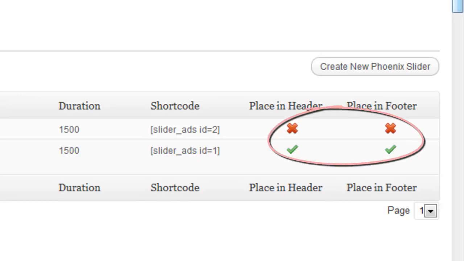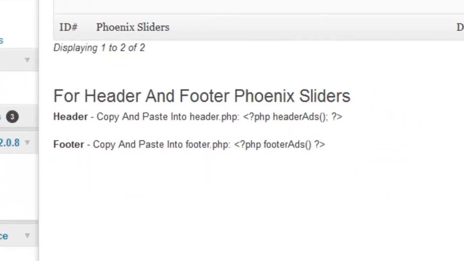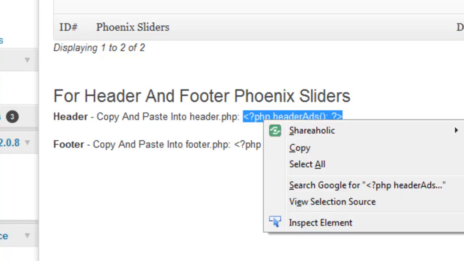Now the next thing that you need to do is the most important bit. Down here you'll see it says for header and footer Phoenix sliders, and there's two little codes here. Now don't worry if you're scared of code, most people are. This is a really simple copy and paste into the code, and I'll show you exactly what to do. So take it from the little triangle here, either side. So this is the header one, so we copy that